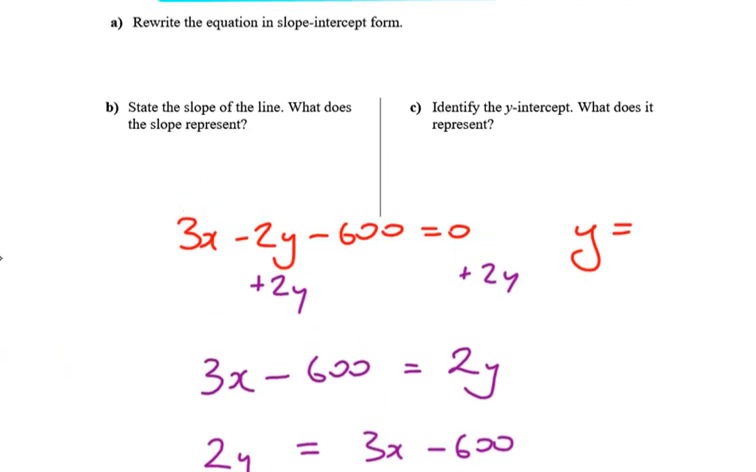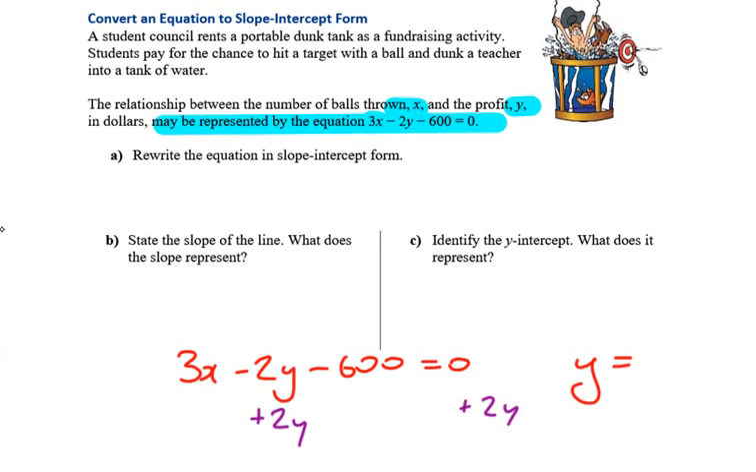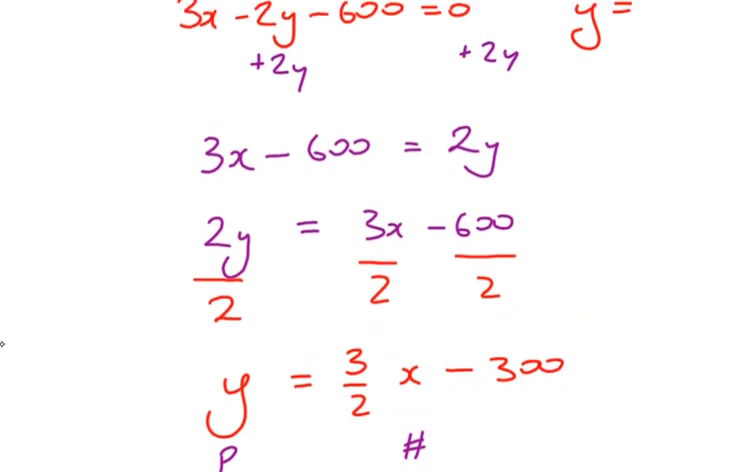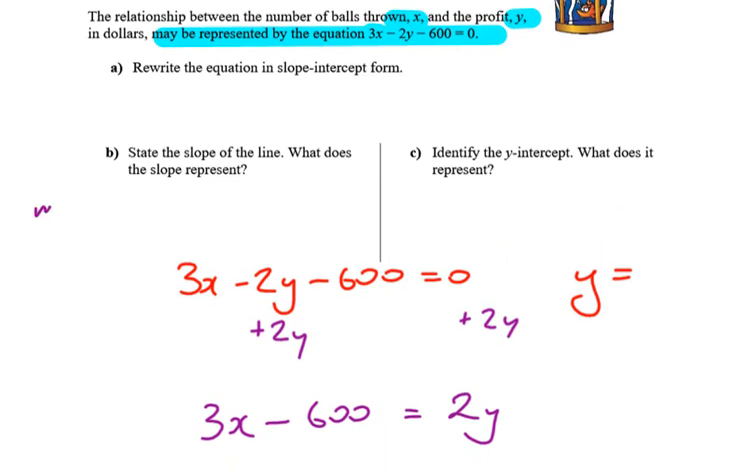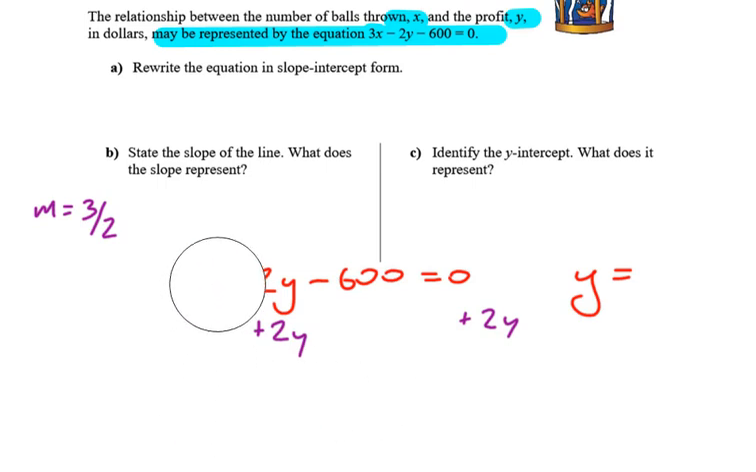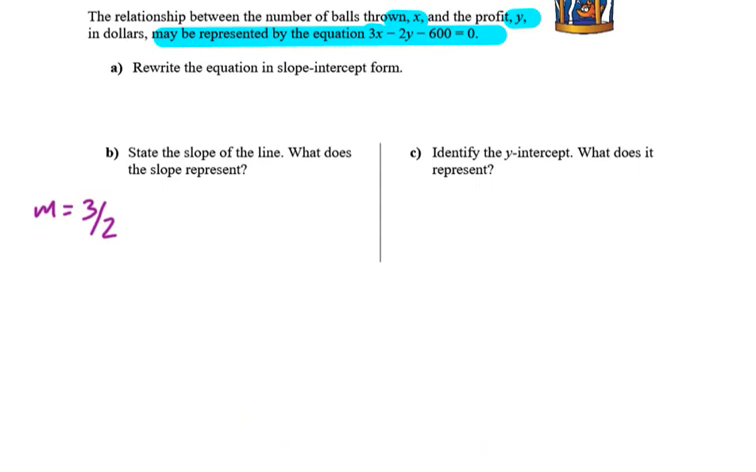Okay, let's have a look here. State what the slope of the line represents. So 3 over 2 x is the profit, so m is equal to 3 over 2. Now, I think what we can assume here is that people are paying 3 over 2 dollars. So 3 over 2 is equal to 1.5, isn't it? So what we can say here is that for every ball